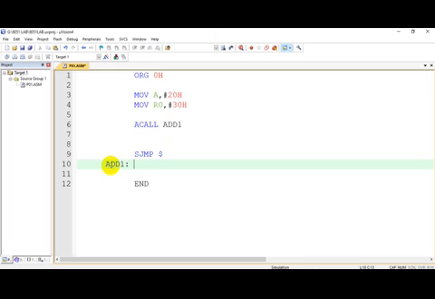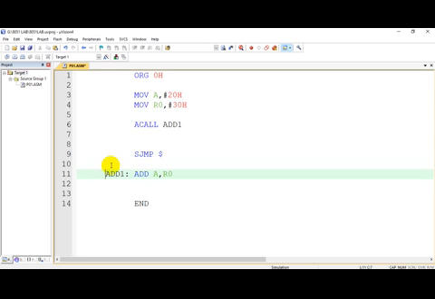This is my subroutine now, which contains instructions. What I have to do is add two numbers, so I will say ADD A, R0. After this, the last instruction in any subroutine is the return instruction.